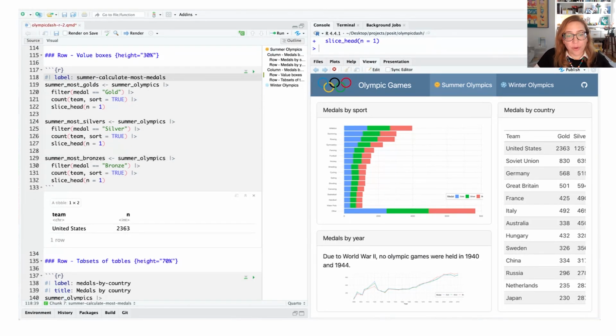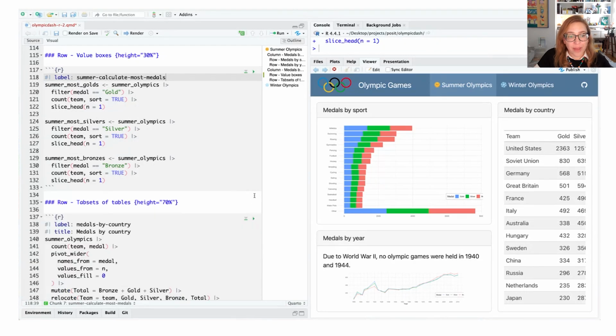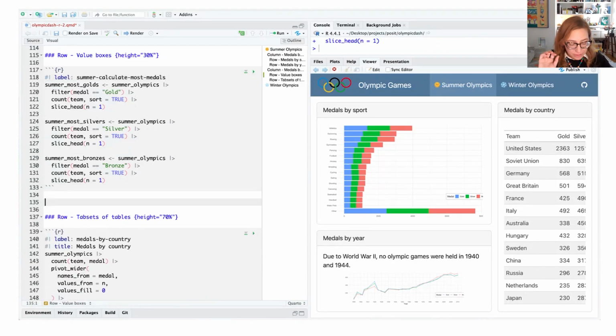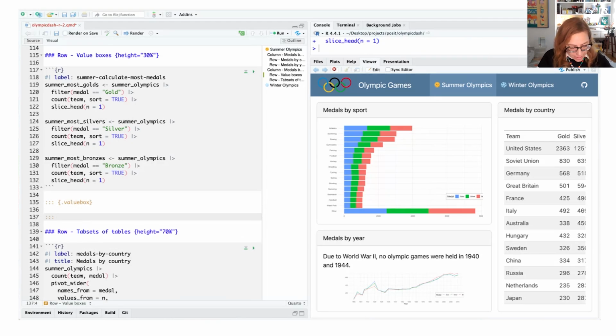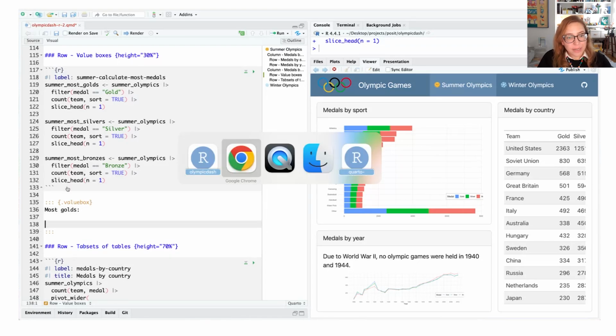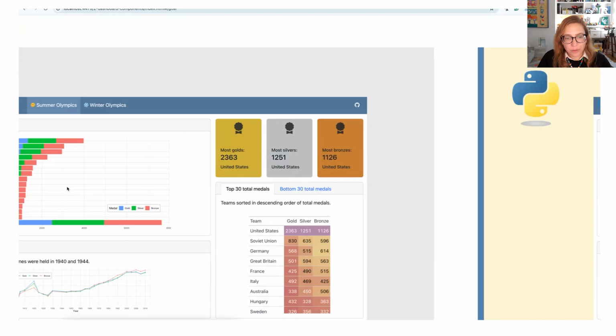So next, we're going to create our value boxes. In this particular case, I'm going to choose to create the value boxes using fenced divs. So that will be a .value-box. And I could say something like most golds. And let's take a look to see what we exactly want them to look like.